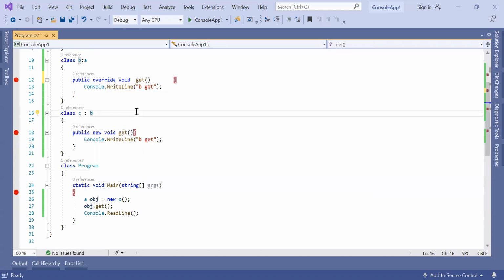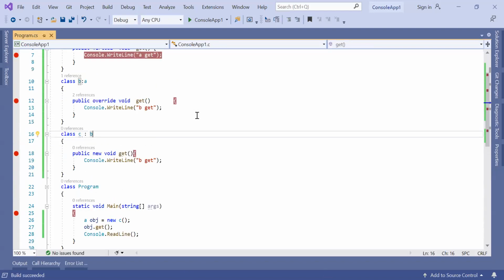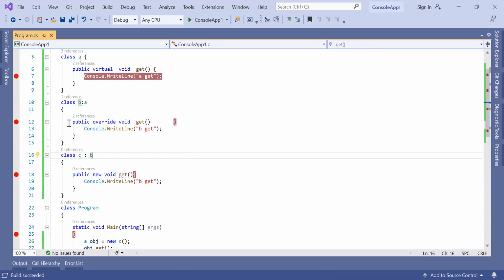Now what will happen? A and B. B. Here it will come. Anyone have doubt that it will not print B? Anyone? Don't feel shy. Let's have questions. Someone can ask that. Pankaj, can you run it? Someone can also ask why it will print B, right? If anyone has a doubt.